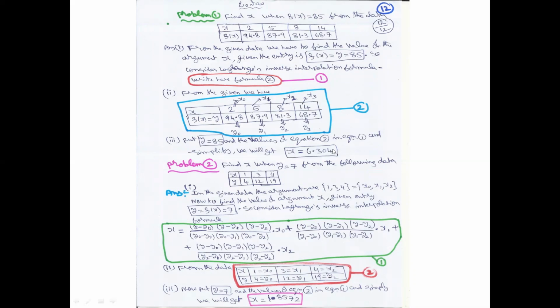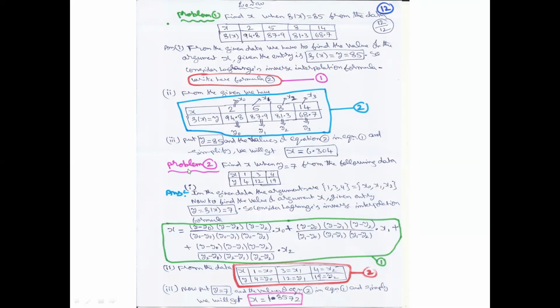So you work out yourself. If you get the same answer, then I have done this problem with 100% concentration. If you get a different answer, I don't know whether my answer is correct or your answer is correct. Then compare with other students, 2 to 3 students. If you 2 to 3 students get the same answer and my answer is different, then I have made a mistake. I have not done it with 100% concentration. So you must work out the problem yourself. So this completes problem number 1.